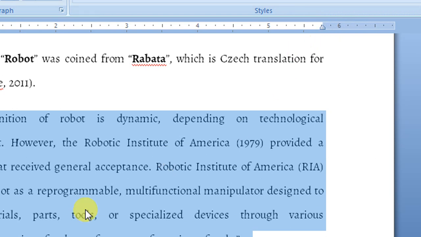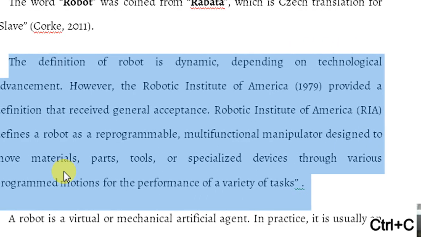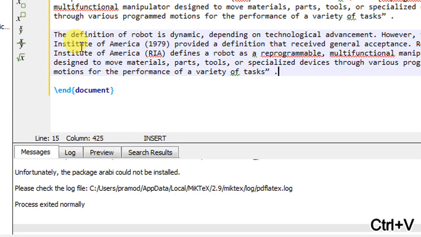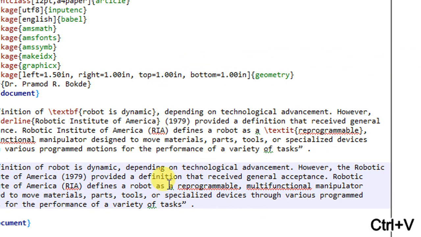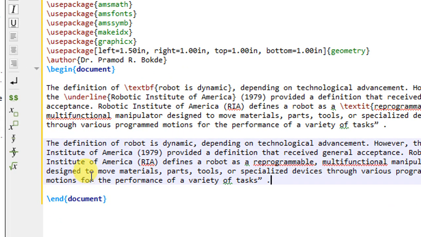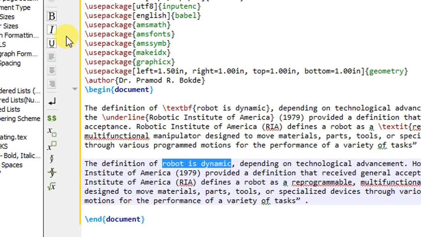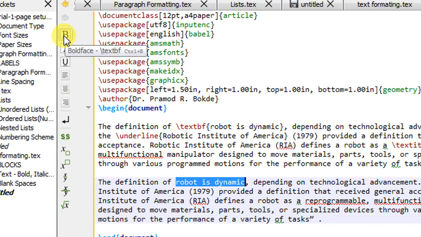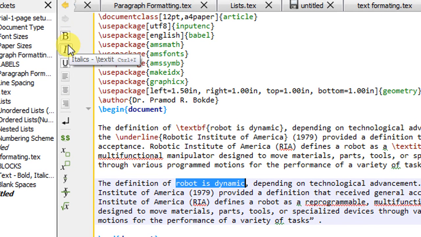I will copy it from the Word file and paste it below so that I can tell you a shortcut method to make the text bold, italics and underlined. In the LaTeX environment, three buttons are provided. B stands for bold, I stands for italics and U stands for underline.